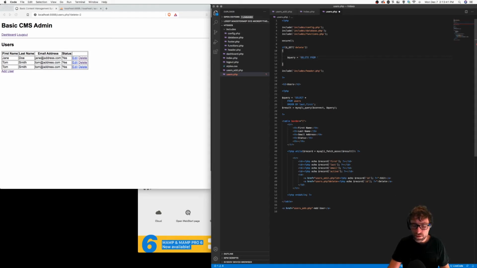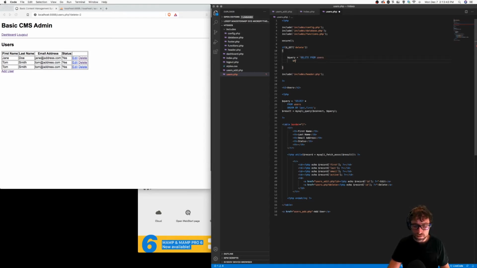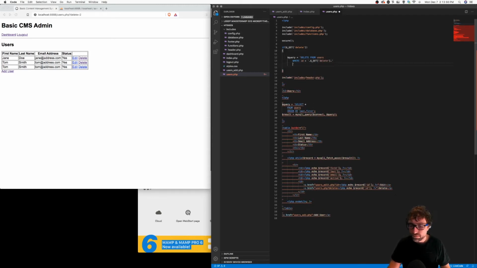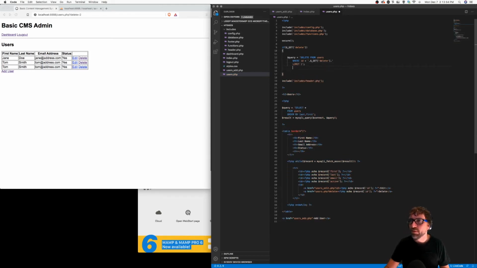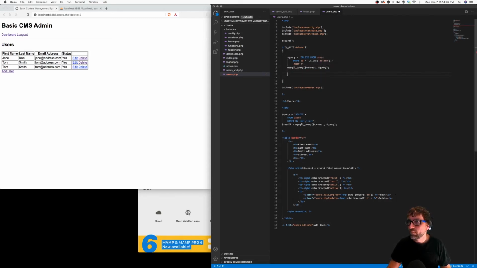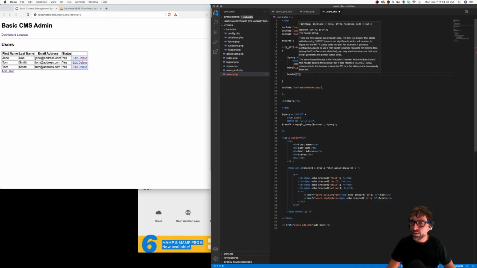Delete from users where ID equals, and we'll just put a limit 1 on there just to make sure we only delete 1 record. Then we can execute that query. Redirect back to our users table,